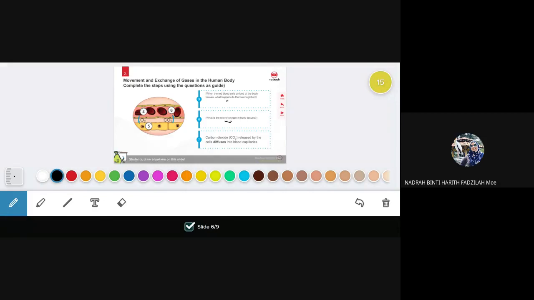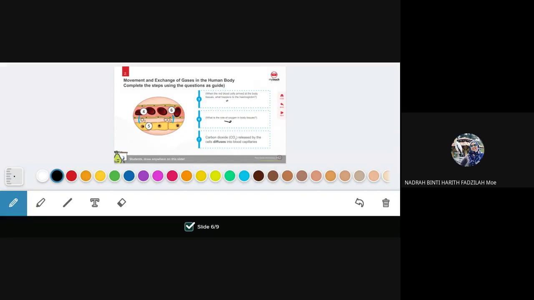Okay, let's take a look. Very good. Okay, 2 box saja kan yang kena isi. Okay ya. Okay, kita ada kawan-kawan kita yang mungkin dia confuse sikit macam mana nak buat. Tak apa, kita sama-sama discuss. Okay, saya unlock screen. Okay, let's take a look at one sample answer from